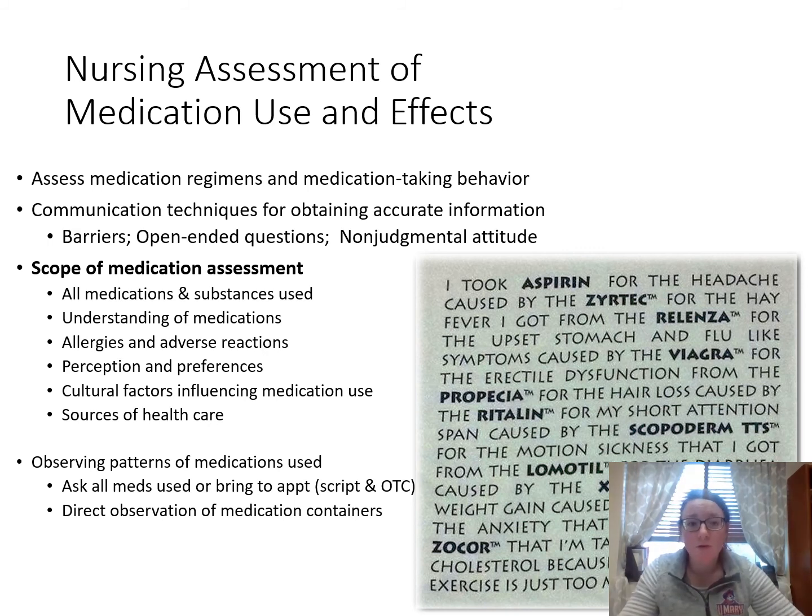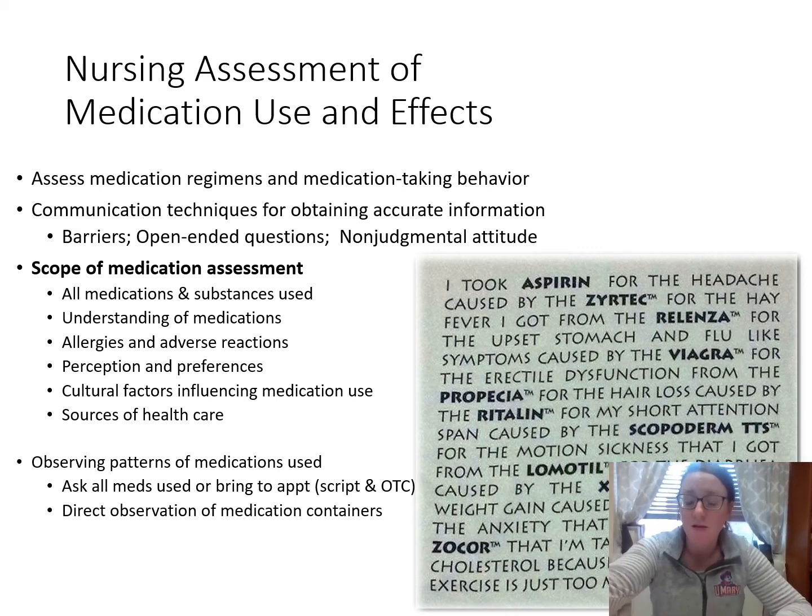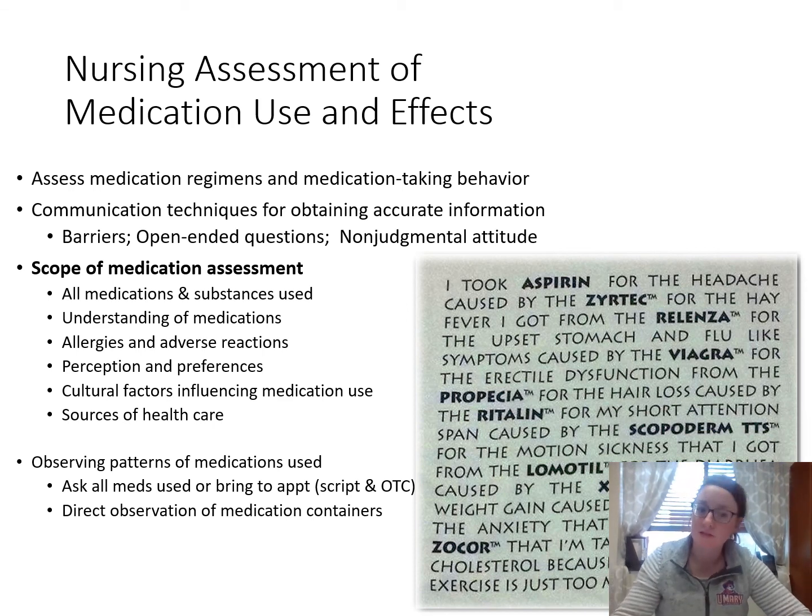First off, we want to have good communication techniques for obtaining this accurate information. The barriers that we talked about earlier with the prescribing clinician are the same type of barriers that we may have when talking to our patients about their medications and their medication adherence. And that can be that we are in a position of power, so that respect and that not wanting to sound ignorant comes in, so they don't want to maybe tell us about questions that they do have.